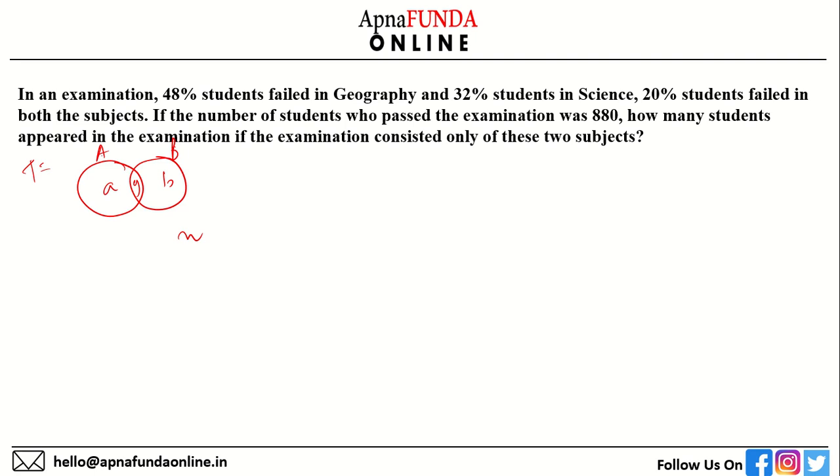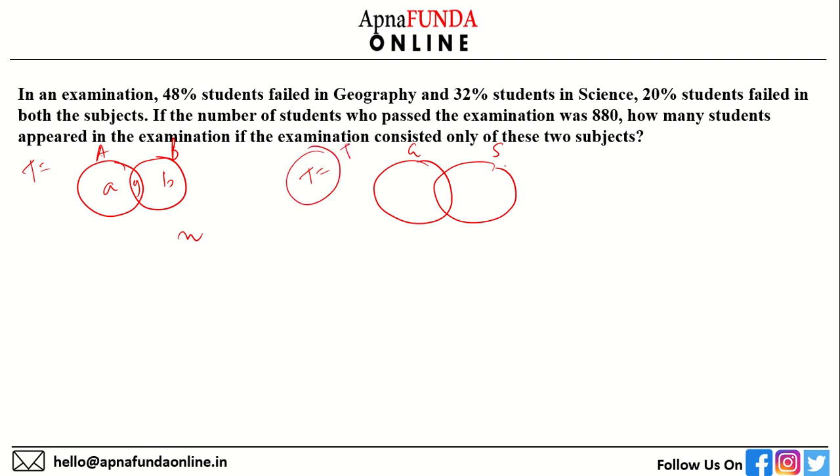Set A means A plus G, set B means G plus B. Only this small a means only A, this small b means only B, and means none of this. Now let's solve this in this style. Over here, the two Venn diagrams are geography and science. The total number of candidates, we assume the total number of students to be T itself.